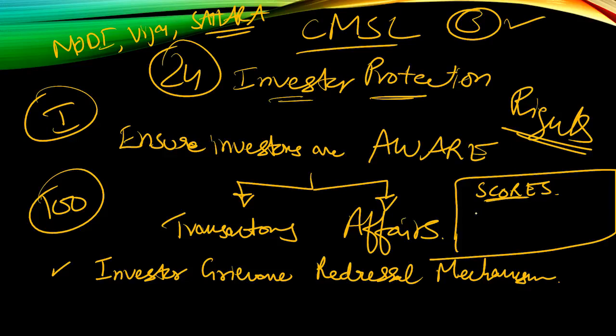For you to understand in a simple manner, suppose you have some problem with your telephone operator. It may be Airtel, BSNL, or Vodafone, whatever. You will call them and say, I am not getting the mobile data properly, my connection is not correct. In the same way, if you are an investor and you have some problem, you can complain on the website, which is SCORES. So this is the brief overview of investor protection. I hope you understood what you should keep in your mind.